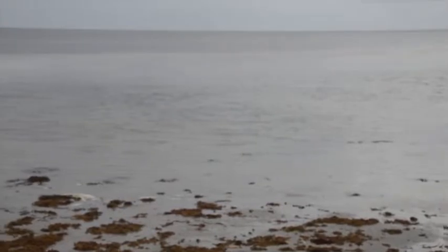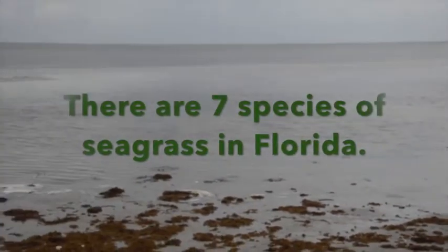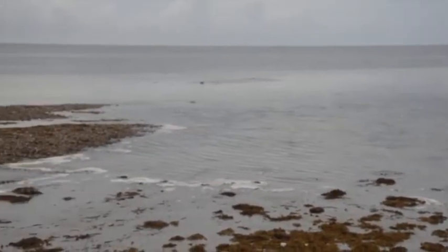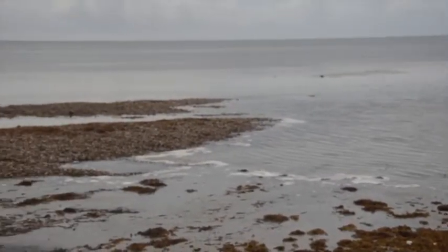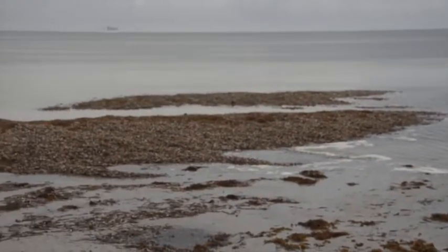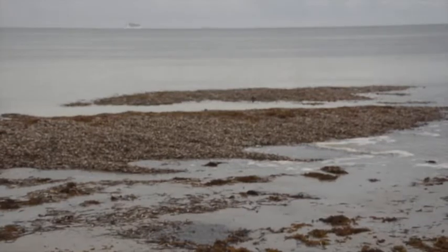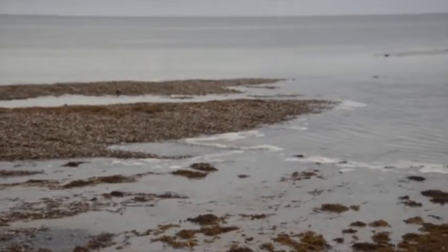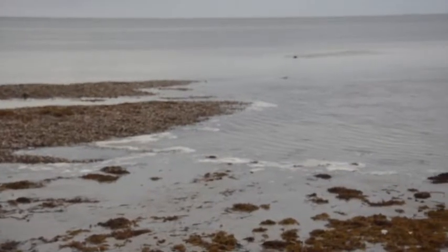They're really important in terms of water quality. They help filter the water here as it filters out things like pollutants and nutrients and sediment that's in the water. It also provides carbon sequestration, so it removes carbon from the atmosphere. It's said that a hectare of seagrass can remove more carbon than a hectare of tropical rainforest, so they're very